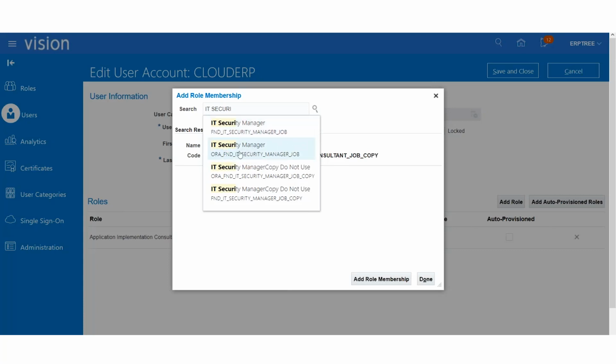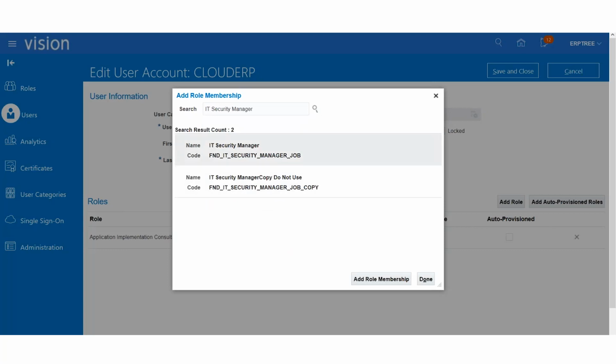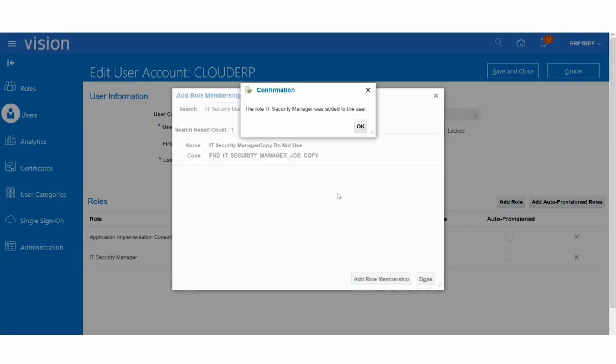So this role you cannot modify, and this one can be modified. You can select any one. And this also somebody copied. You can see they copied it and just gave the title copied, do not use and all. Whatever Oracle is providing as seeded, let's select it. Say assign. Say done.